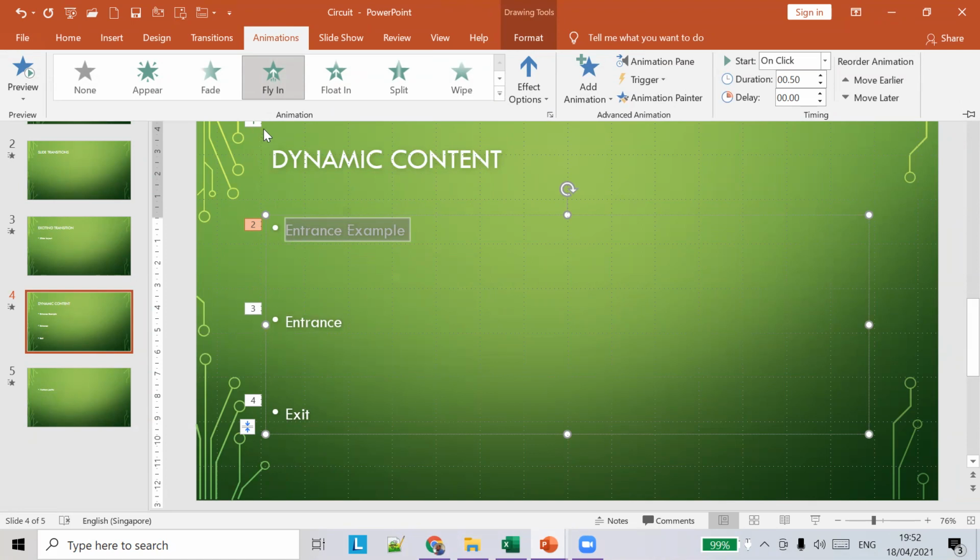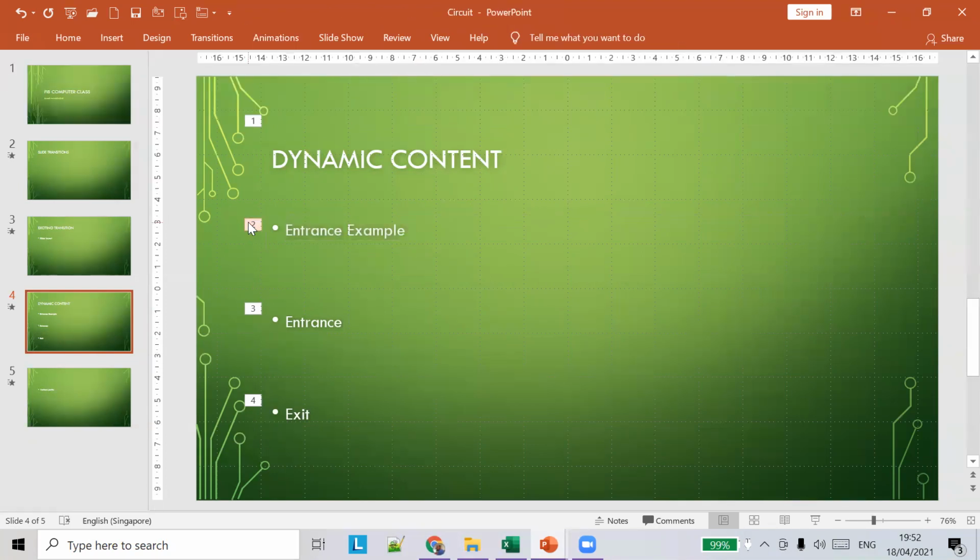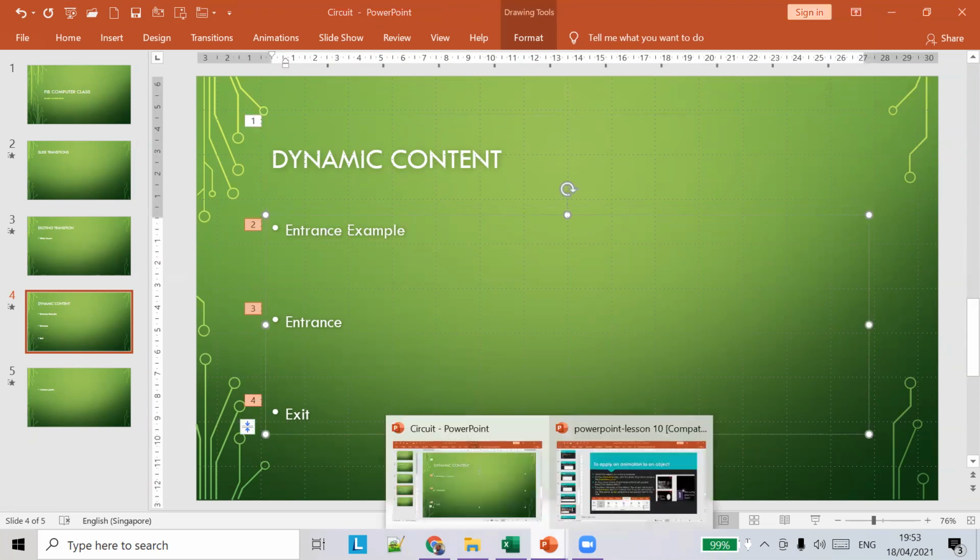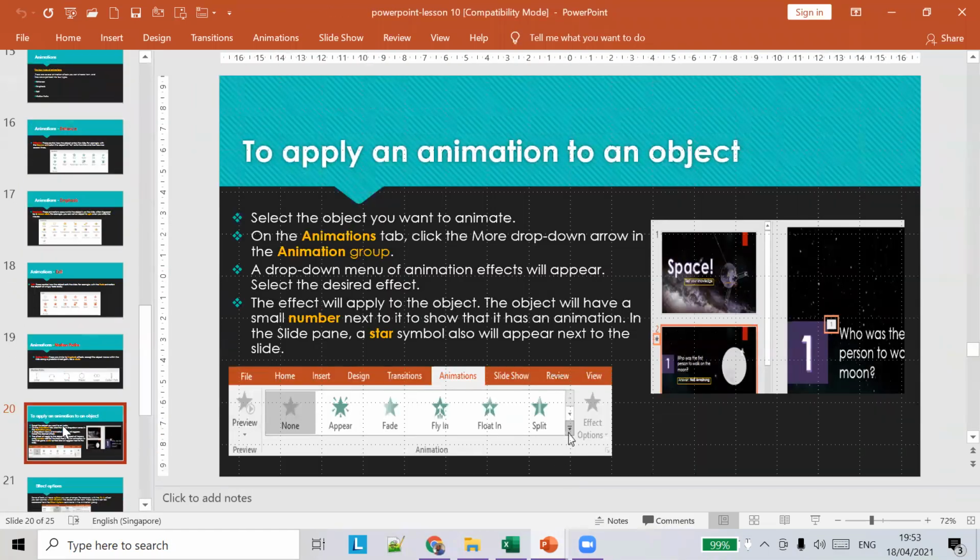So this one happens first, this one happens second, this one third, and this one fourth. On a slide, the priority is set based on these elements. So this is how you make sure that there is an animation applied to the particular element.